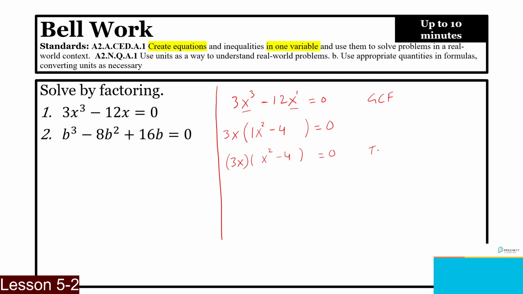So I have two factors. So either 3x has to equal 0 or x squared minus 4 has to equal 0. For 3x equals 0, x equals 0 because 0 divided by 3 is 0. So this one's done. And this one's a little bit more intricate because we have x squared. By looking at it, I can see that this one right here